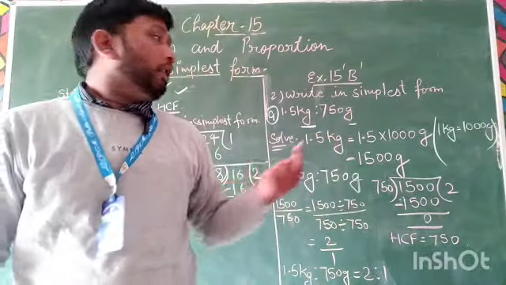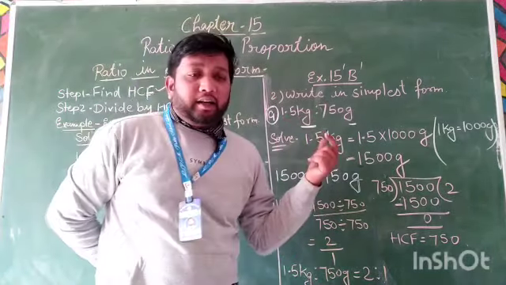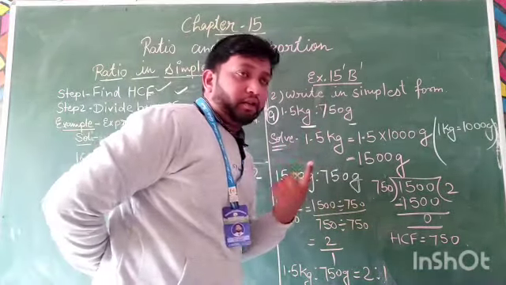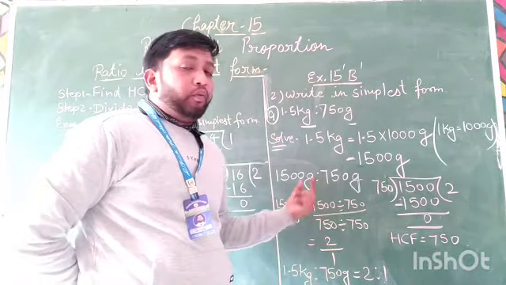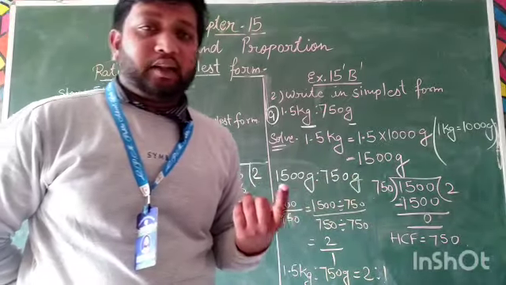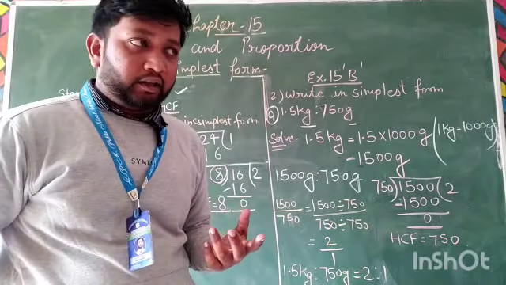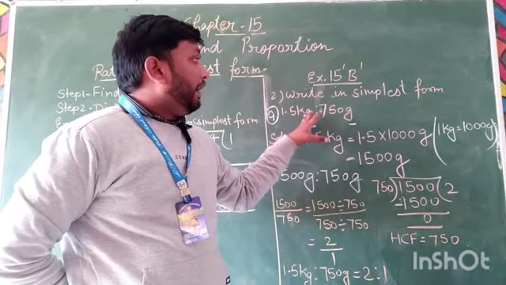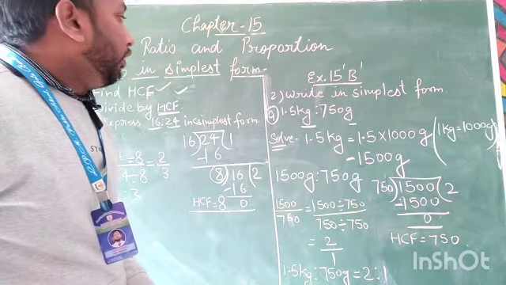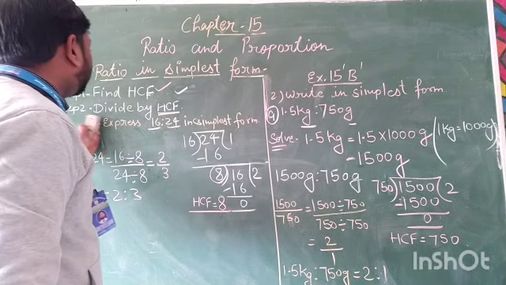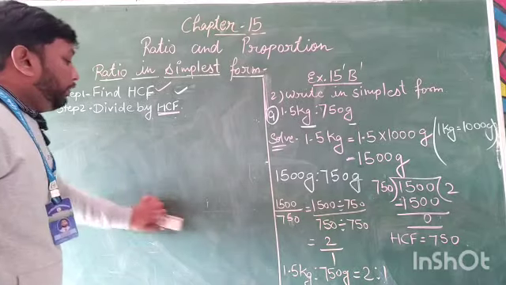So the first condition is both the quantities must be in the same unit. The second condition is we first find the HCF of both the quantities, and the third step is we divide both the quantities by the same number, that is the HCF of both the quantities. This is how we can write any ratio in its simplest form. The main condition is both quantities must be in the same unit. Like here, if we see another example, which is very, very important,